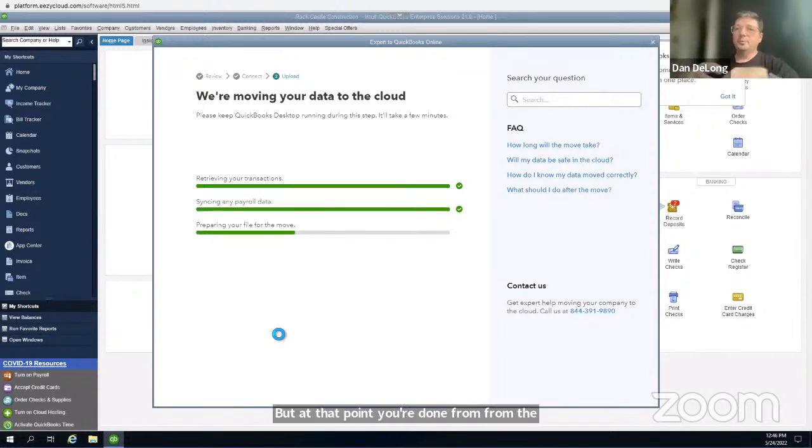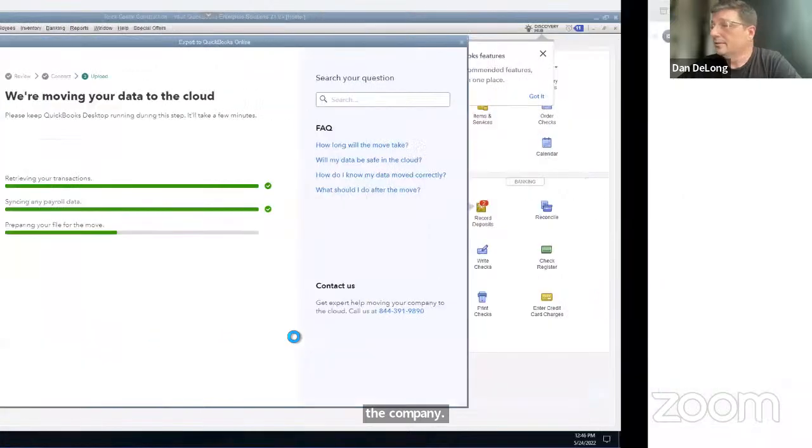It's like you put all the ingredients in the cake pan, you put the cake in the oven. Now you're just baking. No peeking, right? You can't peek, and even if you try to peek, the door's locked. You can't even get into the company until the cake rises. And what's going to happen is you're going to get a series of 1 or 2 emails. If you're the accountant, you'll get 2 emails. If you're just a company user, or an admin user inside of the company, at least you'll get the email that says, hey, the data is complete.